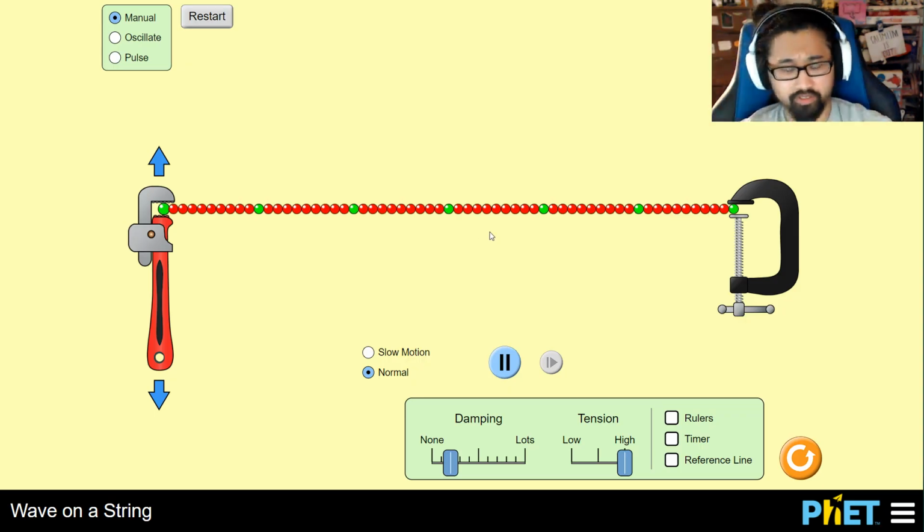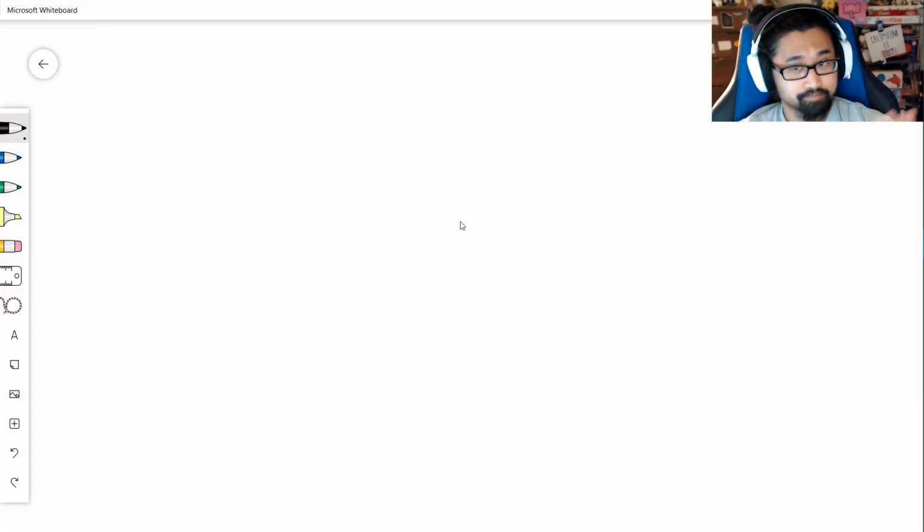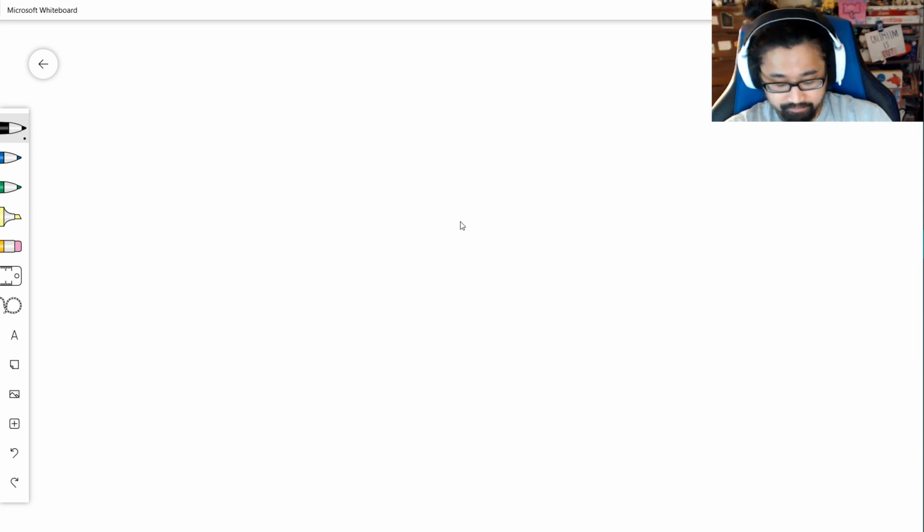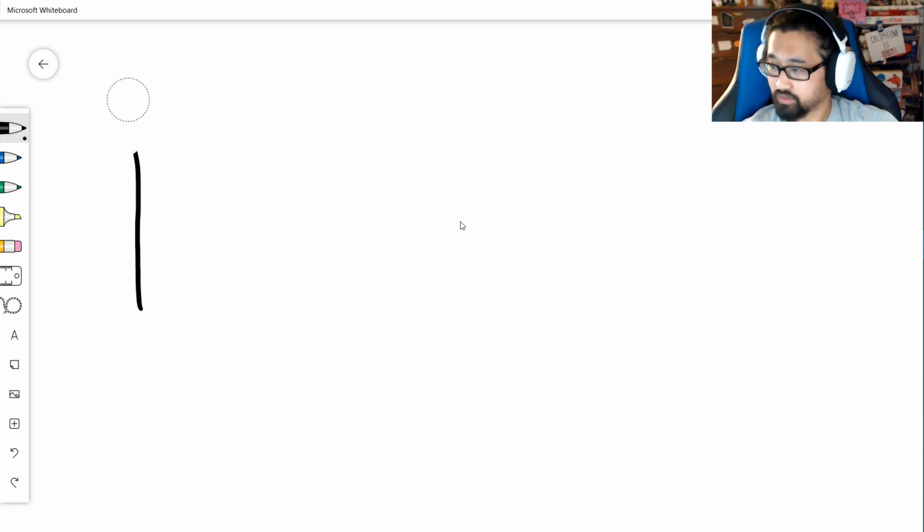I'm just going to pull this up again, but got my whiteboard back. I'm going to mention something about some wave definitions here, because there are some things about waves that you should be fairly familiar with. You should recognize on some level if you were asked to identify something. So,